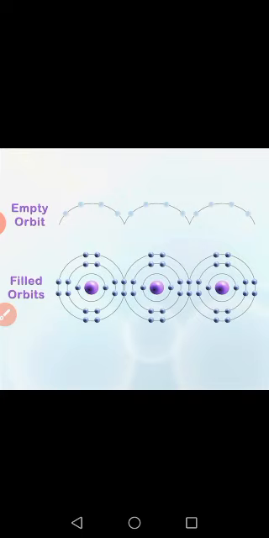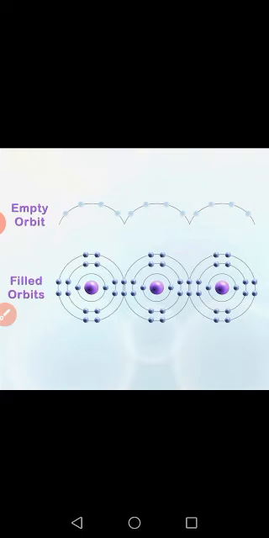You can see there is bonding and these orbits are filled, and there are empty orbits. If this is the silicon atom, then these are the 3s and 3p, and these empty orbits belong to the 4s